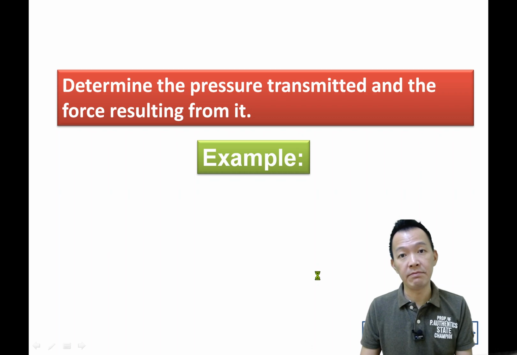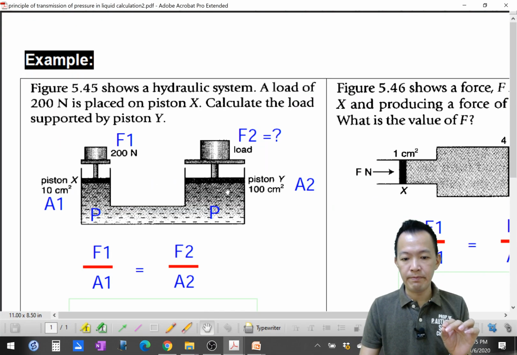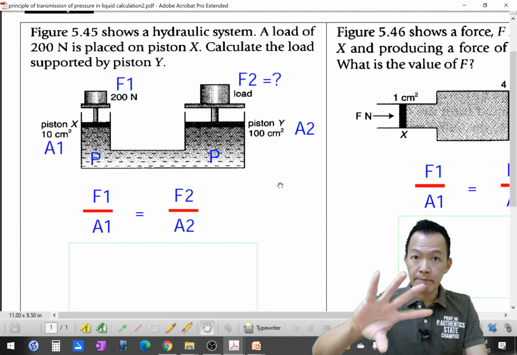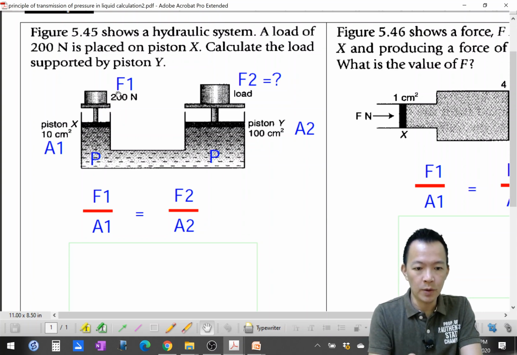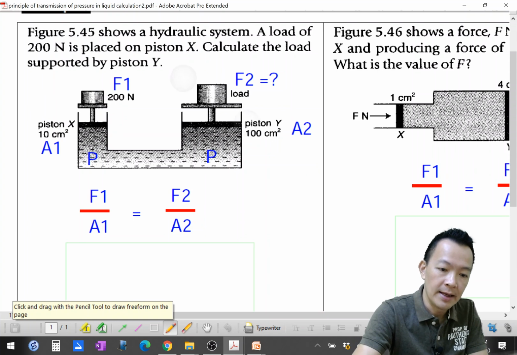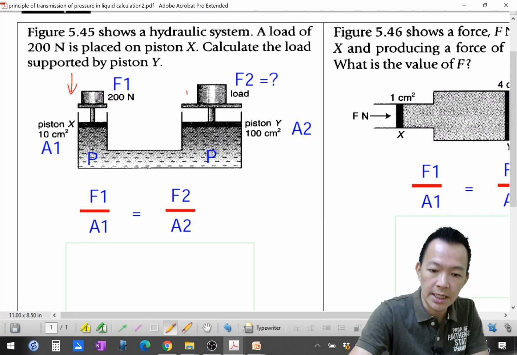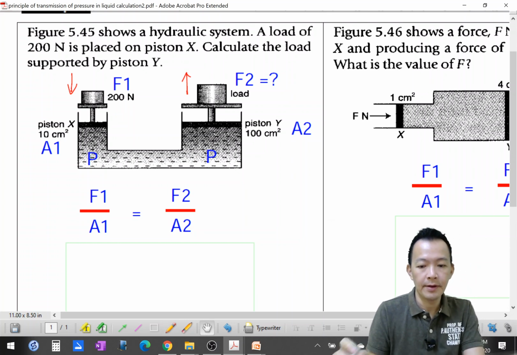We have to go through an example. We understand by example why we call it force multiplier. 为什么我们叫它 force multiplier，它把你的力量乘很多倍。你看啊，Figure 5.45 shows the hydraulic system. 液压的系统。A load of 200 Newton is placed on the piston X. 有一股重量200压在 piston X 的表面上。Calculate the load supported by the piston Y. So from the left hand side, if you add a load, 你加一个重量你压下去了, it's going to push another load. 它就会推动右手边的另外一个重量把它推上来。